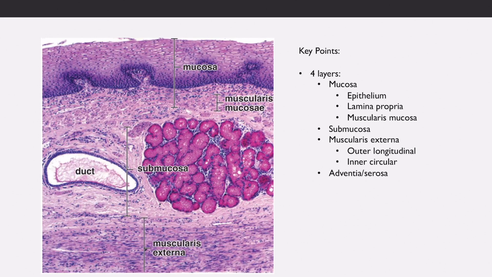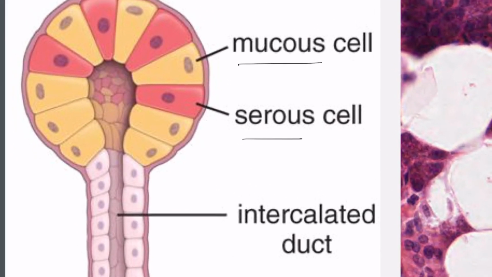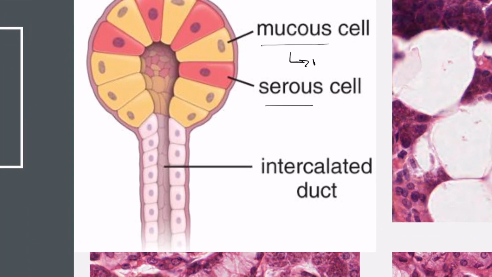Now that we have a general overview of the alimentary system, let's dive a little deeper, starting in the oral cavity. The salivary glands open into the oropharynx and are comprised of secretory acini and ducts. The acinar cells are surrounded by myoepithelial cells and can be further divided into mucus and serous cells. The aptly named mucus cells secrete a thin, watery mucin, and the serous cells secrete a mixture of water,